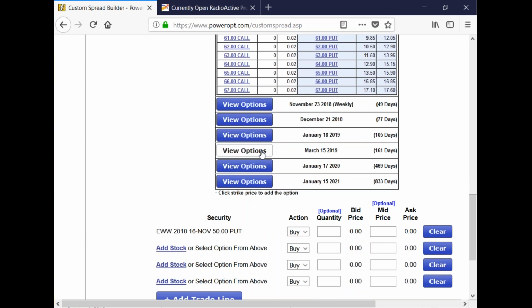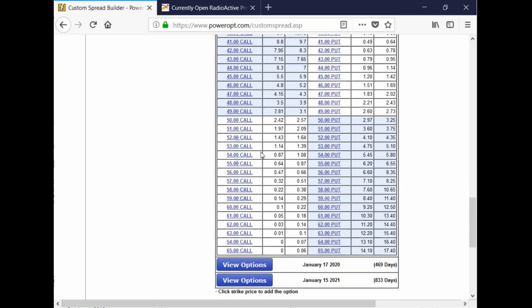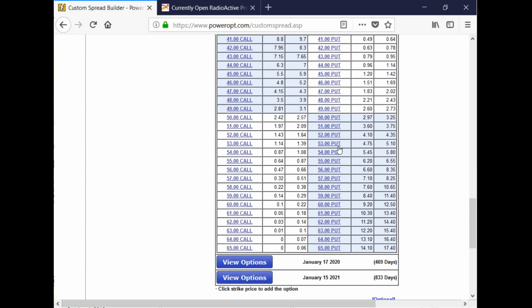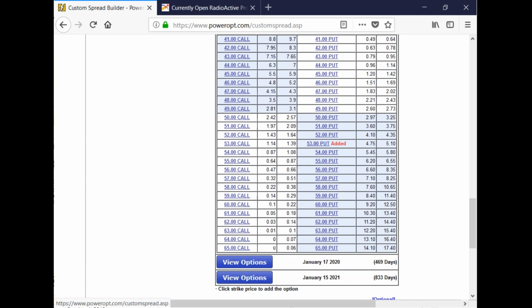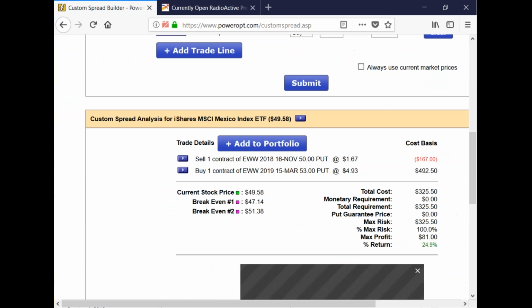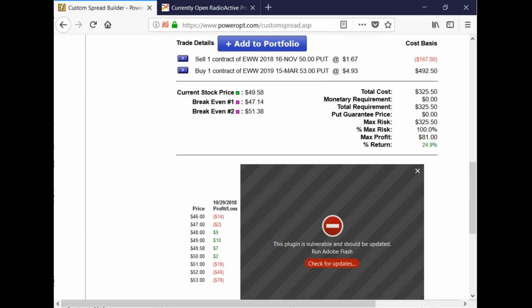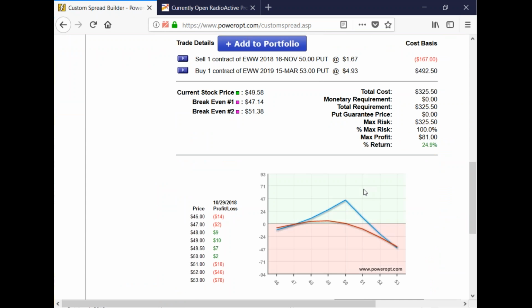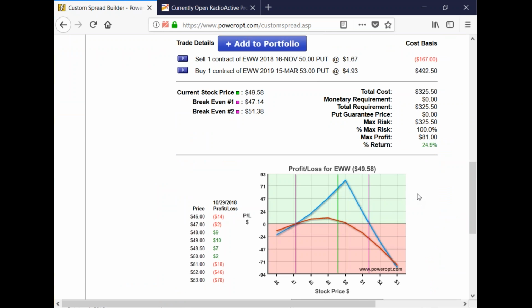And let's just go out to March. If we did a March married put instead of the January 2020, what if I was planning on buying the March 52 or the March 53 put, but instead I sell that near-term 50 put and I already have my protection in the 53 put in place? In other words, Fernando's question: using a calendar put spread, to get into a radioactive trade.